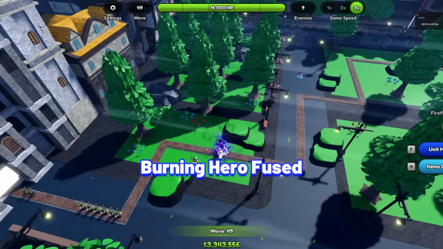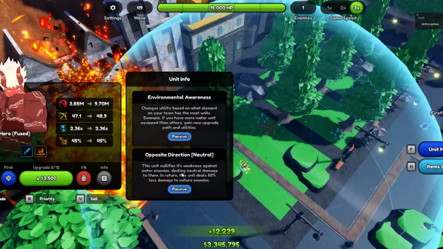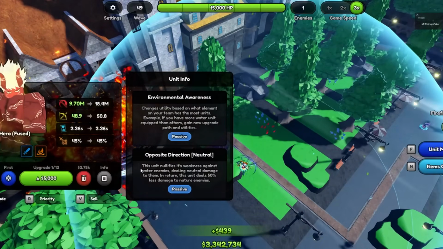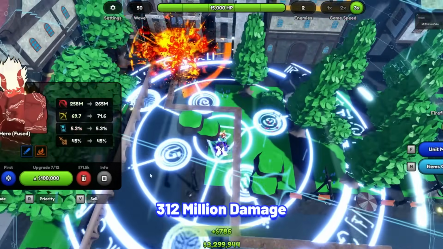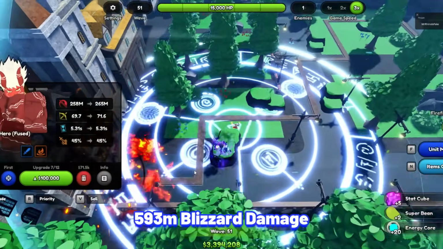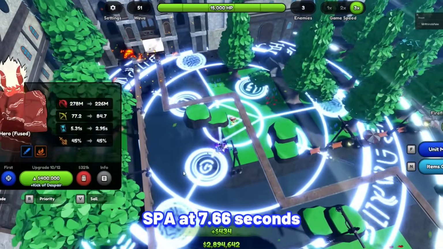Alright, next unit is Burning Hero Fuse. Shinra is one of the best godly units with his overpowered passive and stats at later upgrades in this new Fire Force Anime Last Stand update. Burning Hero Fuse stats at max upgrade and max level are 312 million damage with his Blizzard dealing 593 million damage and his SP at 7.66 seconds, making his damage per second